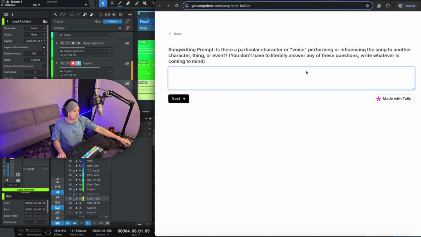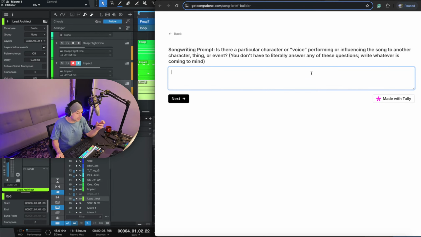I think this bass line has to change. We're gonna have to change this bass line. I think I'm gonna write it about... So I'm exploring this idea of like